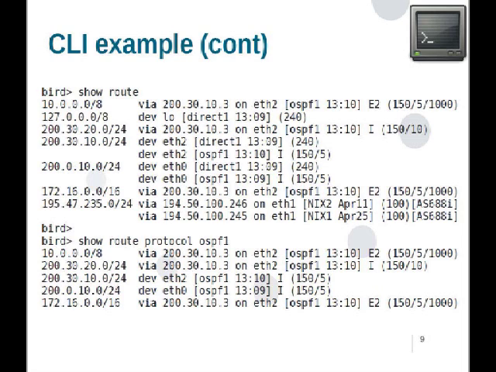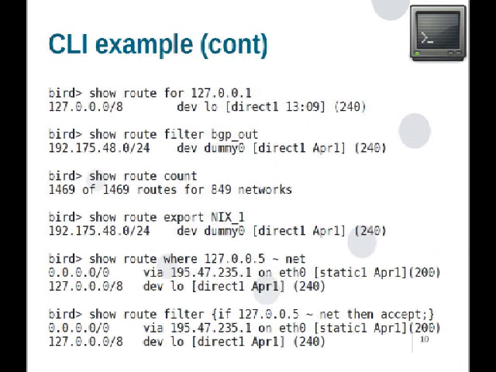Again, probably for you as networking guys, nothing surprising. You can list the routing table, or you can list a specific routing table. As I said, you can have more of them. You can list specific protocols, to see what routes they added to the routing table. And there is a little bit more. You can look for a route for a specific IP number, so you see what route applies to such